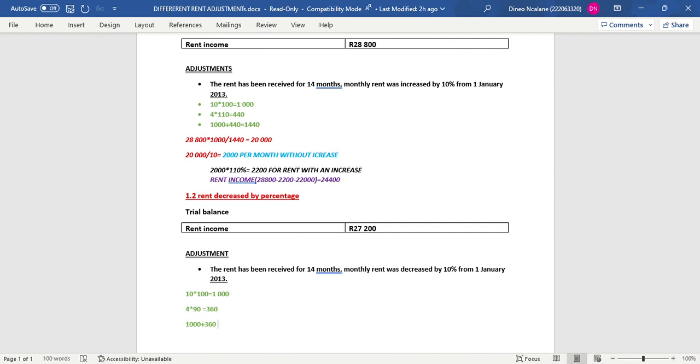You want to get some of the amount or percentage of rent before increase and after increase. Okay, with 1,360. Okay, now we will start to attempt. Okay, so we're going to say 27,000, I mean, to the 27,200. Let's use another color, let's use red as we did on the above example. Okay, we have 27,200